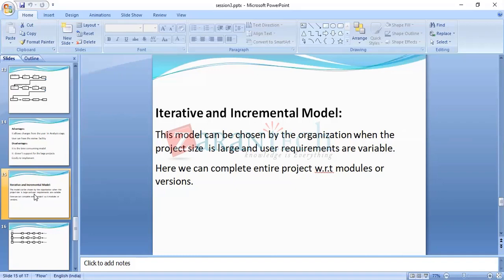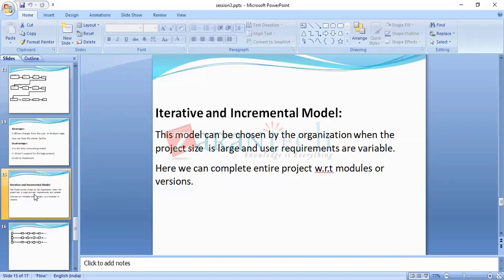Suppose you want to start a company from 2022.